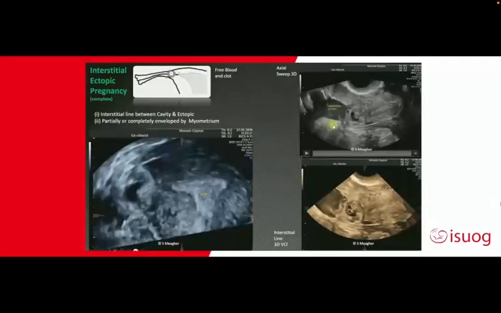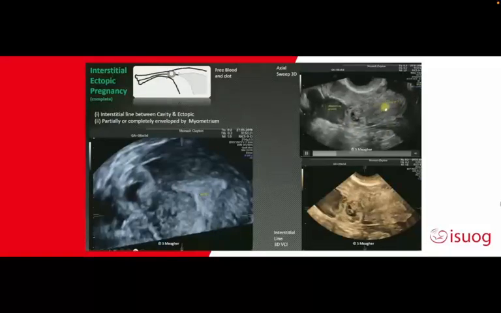Let's move to the interstitial ectopic pregnancies, and these can be particularly challenging because they may mimic the appearance of a lateral intrauterine gestation or a lateral ectopic pregnancy, which I'll come to talk about in a second. The interstitial may be divided into partial interstitial or complete interstitial, and then I'll talk about the isthmic tubal ectopics afterwards. So, when you look at this axial section, and it's the most important section because you look at an